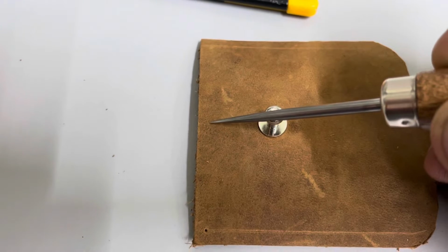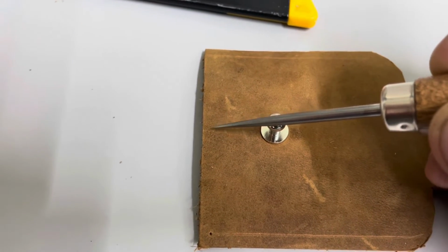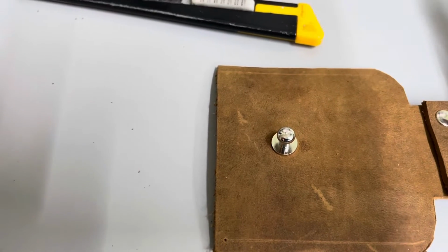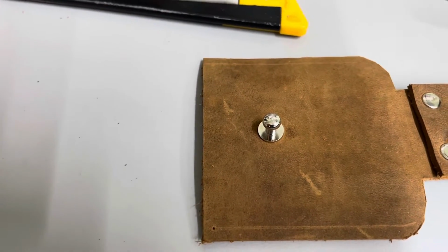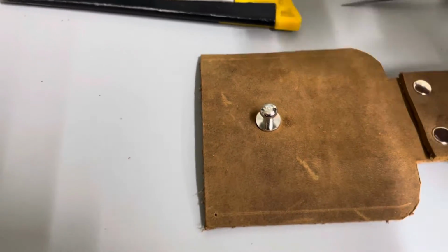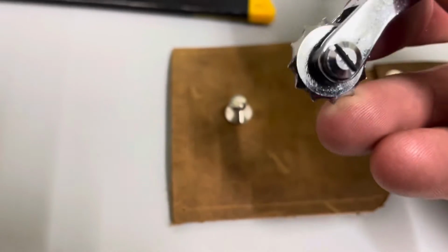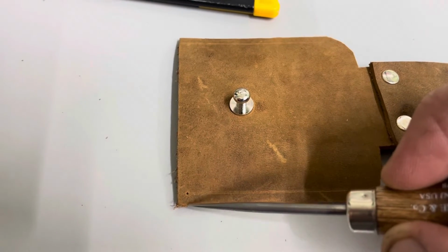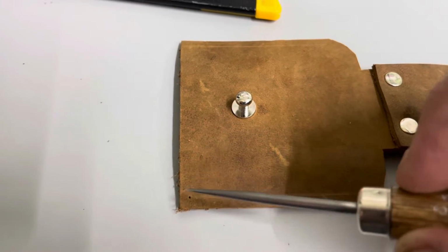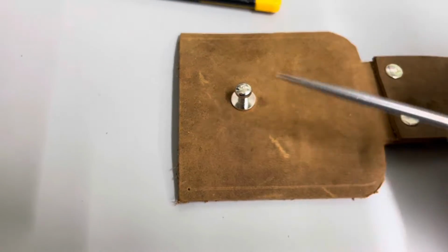And then as you're getting close to the middle, if you see that you're going to have two that are too close to each other, you can just split the difference. And your eye is much less likely to see a spacing of like 3/4 or half of one increment, versus starting here and moving all the way over and then getting a really ill-placed hole at the end. So start at your corners, work in, and then finesse the spacing in the middle if it's not